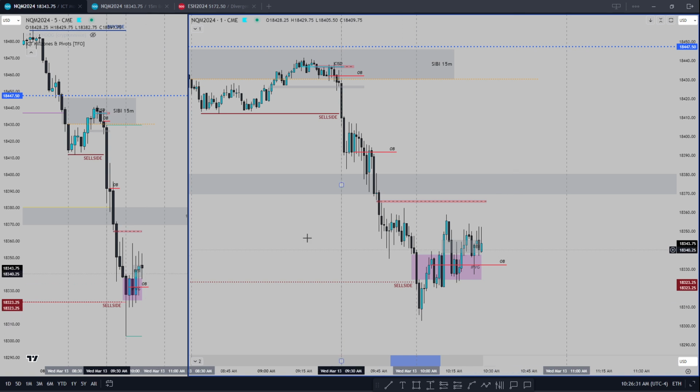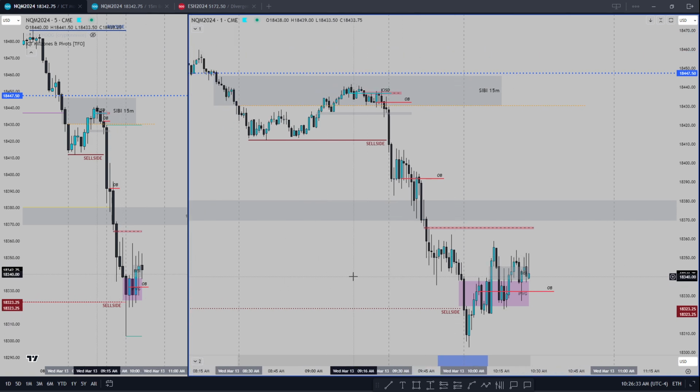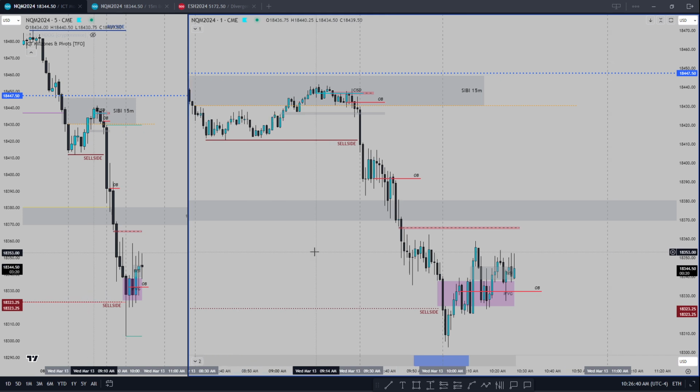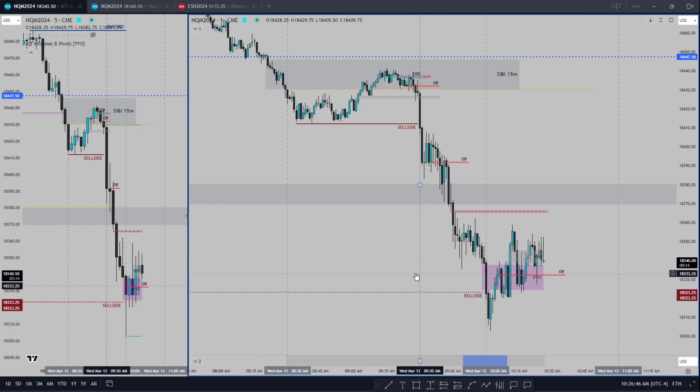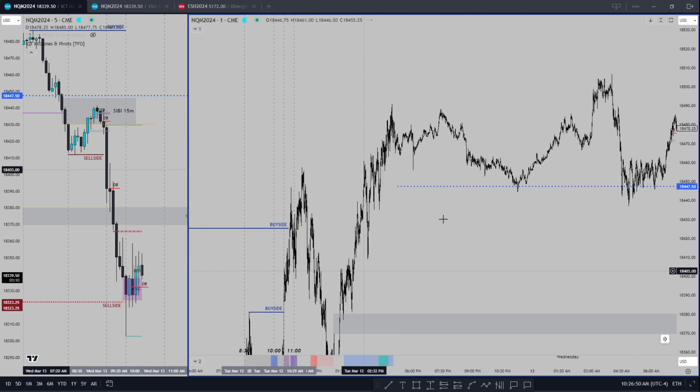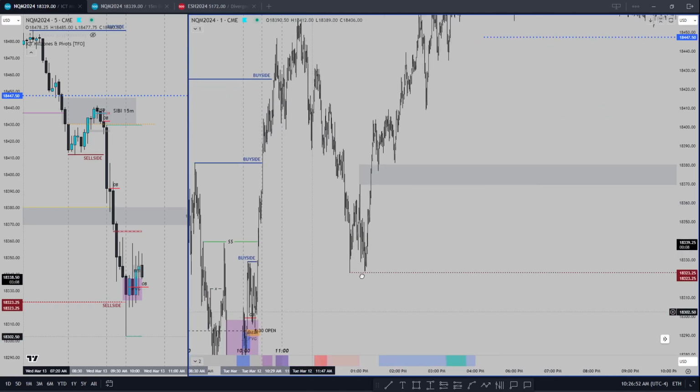If you're looking at an 8:30 news day, you want to be looking between 9:15 and 9:45, maybe 9:15 at the macro time. Because a lot of times your low probability setups are going to happen during silver bullet. I don't want to be placing trades before that. Preferably, I want to be in before 10 on an 8:30 news day. And if you go back here, in or around 10, I guess,